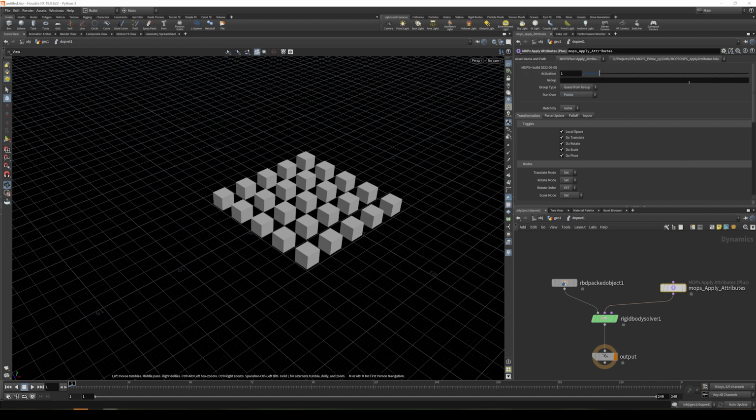The only special thing here that you might want to pay attention to is the Match By. This is similar to Match By in the rest of MOPs when you're in SOPs land, in that this is the attribute that it's going to use to line up the goal with whatever is in your simulation. By default, that's set to name, because most of the time with MOPs DOPs, you're probably going to be dealing with RBDs, but not always. And the reason for this is that the ID, especially in versions of Houdini prior to 19,